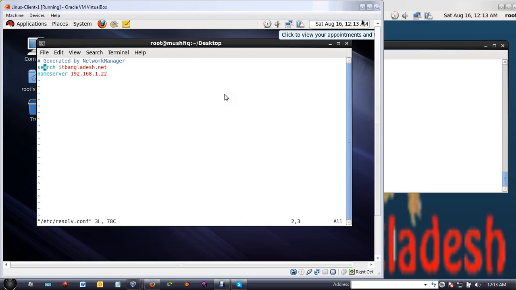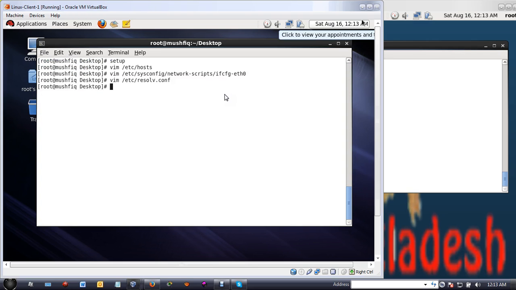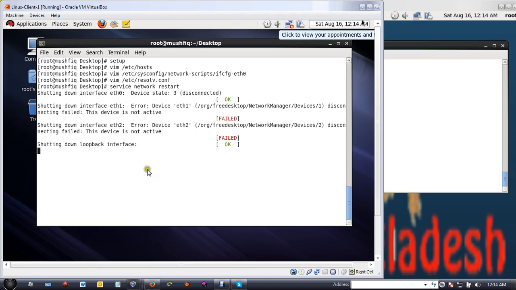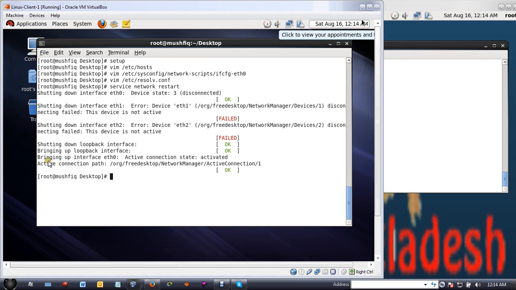We have another configuration file to show, that is resolv.conf. You can see search itbangladesh.net and name server 192.168.1.2. Okay, we will save this. Now we have to restart our service with the daemon. Our daemon is network, we know that very well. Here we see bringing up interface eth0. Okay, for permanence,